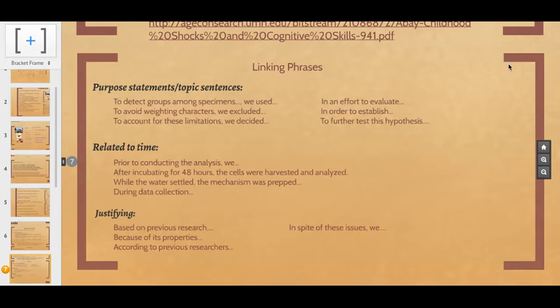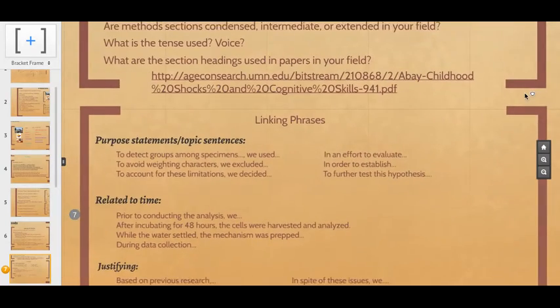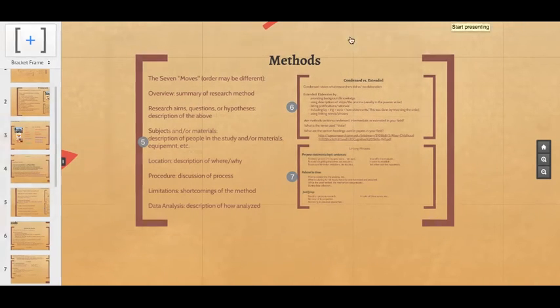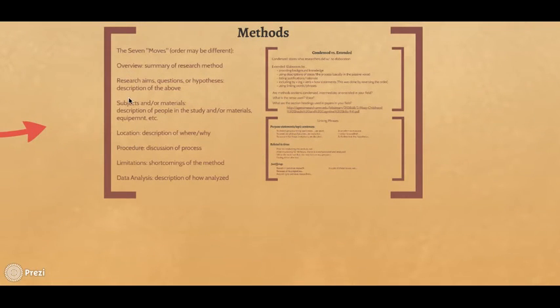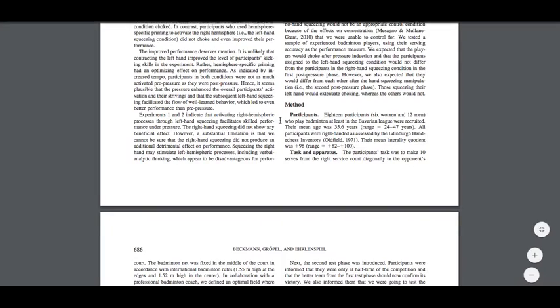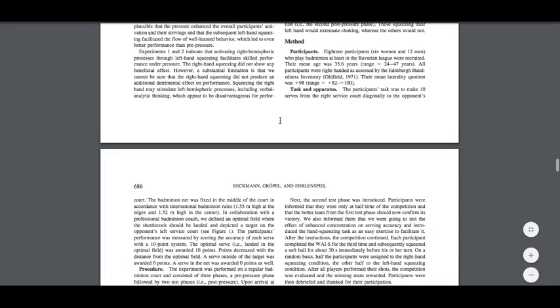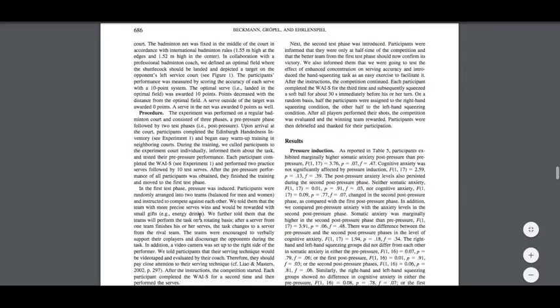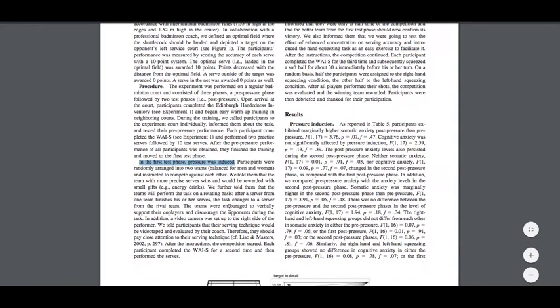So again, you're talking about the limitations, you're talking about the subject, the materials, you're talking about the research aims, you're overviewing, not necessarily in all of these orders. As you can tell in our two examples, they're happening differently. So in this one, it's a little more obvious. They're using time as a way to organize here.